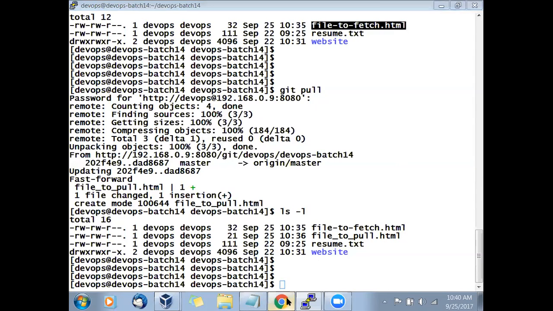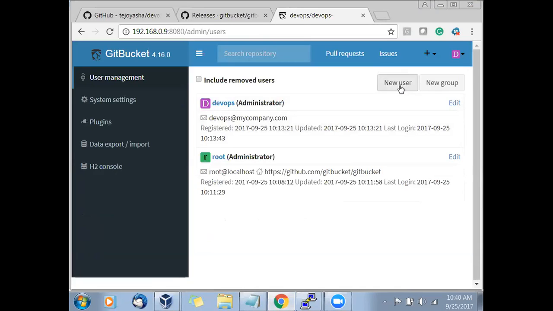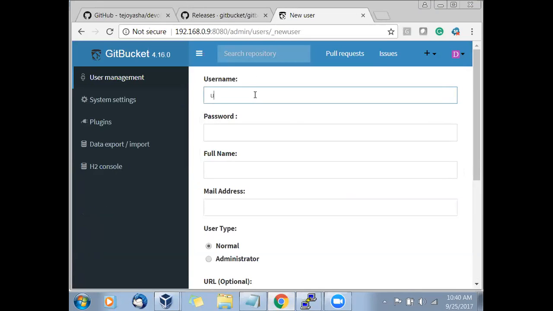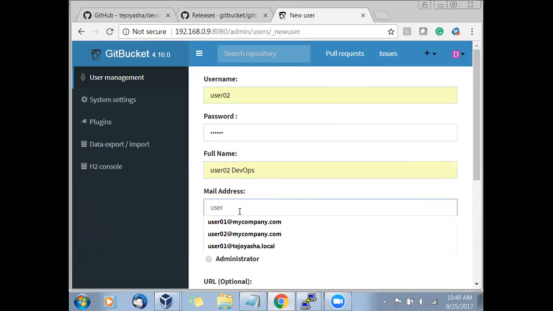So let's go to the Git server, go to the administration section and add the new user. We will say user 02. I'll give some password and mail ID, and I will create a normal user.